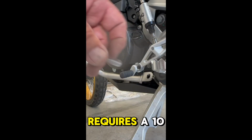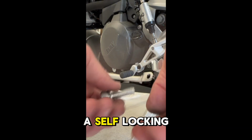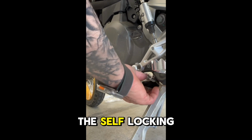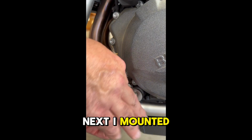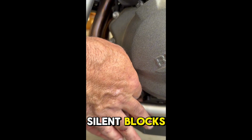The lower left requires a 10x35 Allen screw, 2 washers, and a self-locking M10 nut. I had to use an open-end wrench on the self-locking nut to prevent it from spinning as I was getting everything tightened. Next, I mounted what they call the bracing bow to both the left and right side silent blocks,